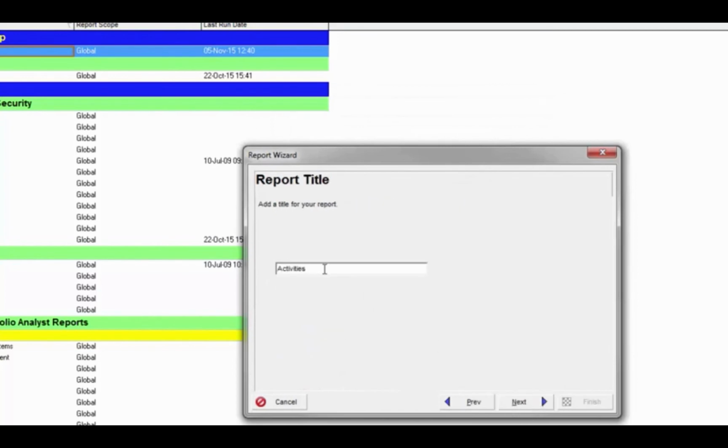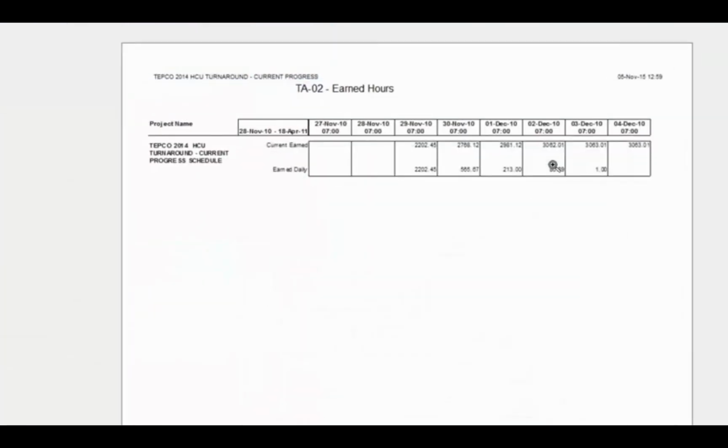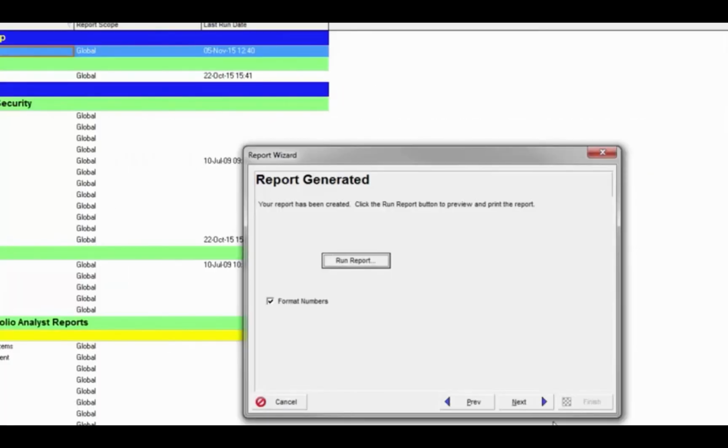We hit next, and we'll call this one TA-02. We'll just call it earned hours. Hit next. We can run the report to check it out. And there's our earned values. Now, because I edited in the report editor earlier, I'm going to do the same thing here just to be consistent. So I'm going to hit next. I'm going to hit save report